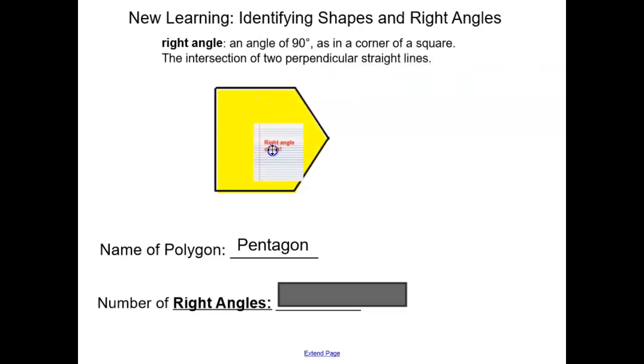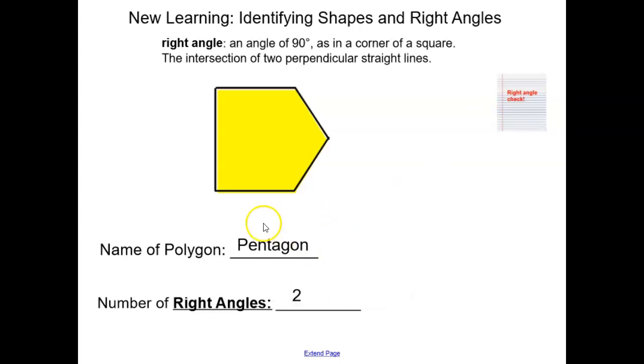I'm right. These corners are not right angles. So count the number of right angles this pentagon does have. Pause the video and get ready to say it out loud. How many right angles does this pentagon have? Exactly, it only has 2 right angles where there are 2 perpendicular straight lines that meet, just like the corner